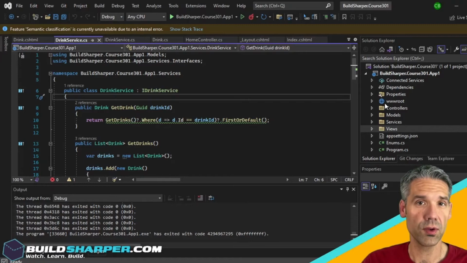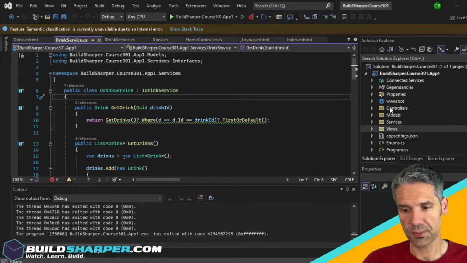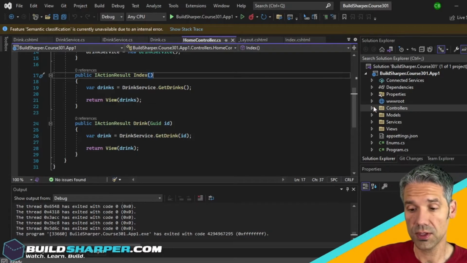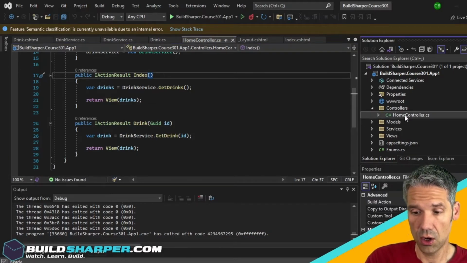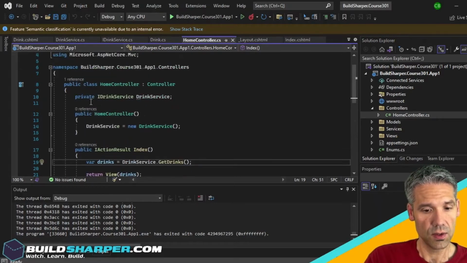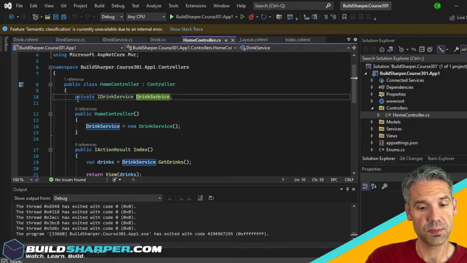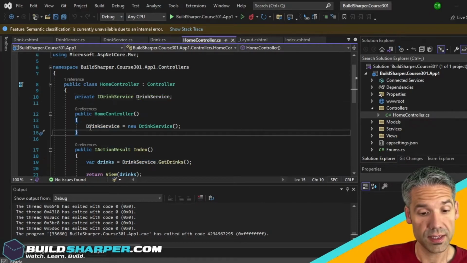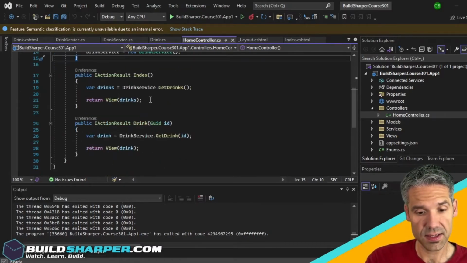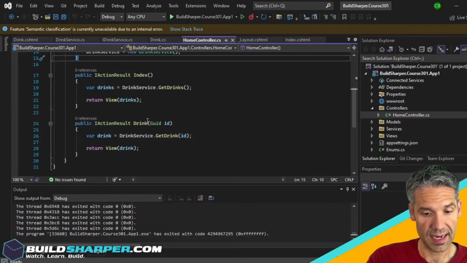So we did an overview of our folder structure with an MVC project. All right, so let's start by looking at the controller. So let's go into controllers, home controller, and I can see we've got our drink service that is private to this class. We're instantiating our drink service in the constructor, and now we have two actions. We've got an index and we have a drink action that takes